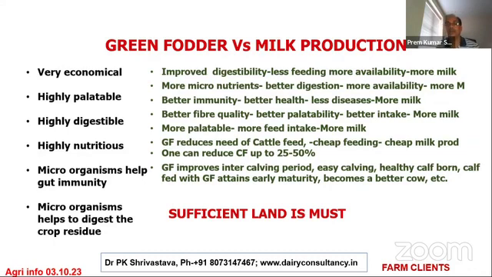Probably, maybe, I don't know what is the reason behind allowing this. Animals should be allowed animal food. Bread and butter, people are feeding to the animals in the gaushala. Anyway, come to this. Green fodder improves the calving period, inter-calving period, easy calving, healthy calf born. With green fodder, suppose you start from the calf level, it becomes a better cow.